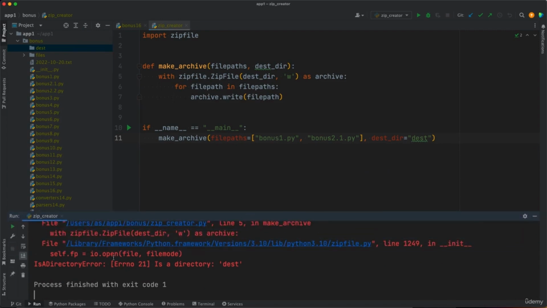Now let's take a look at the error we got. This is saying that it's a directory error, which means dest is a directory. This one in here. And that's true. So dest, this argument here should be the path to the zip file that will be created, not the path to the directory. So we need to do something here. We need to say dest dir plus backslash plus the name of the file, which is